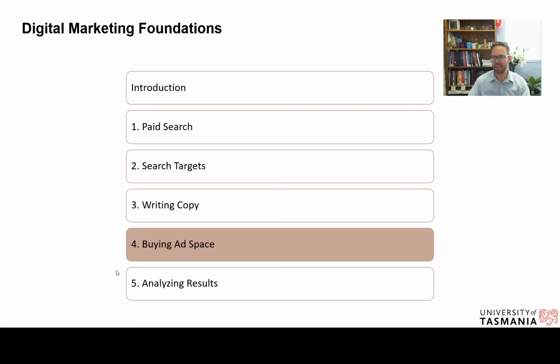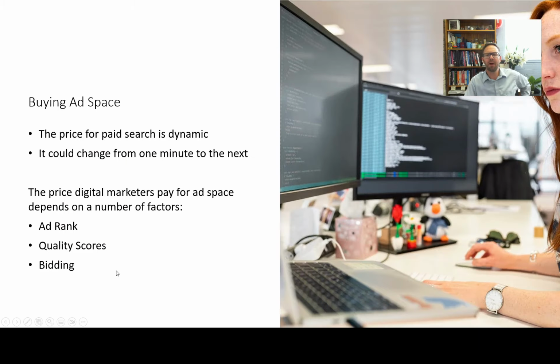Alright, purchasing ad space. When we buy ad space, it's not a set rate. The price for paid search is actually dynamic, which means it's constantly changing all the time. It could change literally from one minute to the next. I've seen this when looking at AdWords: it knows there's interest in those words and the price starts going up. If more people are looking at it and showing more interest, Google uses dynamic pricing,